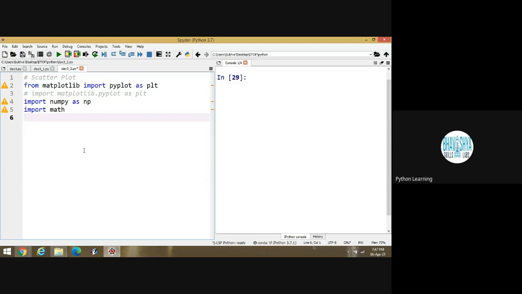What I am going to do is design the sin x and cos x graphs inside Python. How to design the graph of sin x and how to design the graph of cos x using scatter plot. Okay. One more thing I would like to introduce. I think one of the students asked the question of how to change the background color. I would like to introduce this part in this program also. Okay. First of all, what to do with the import math?